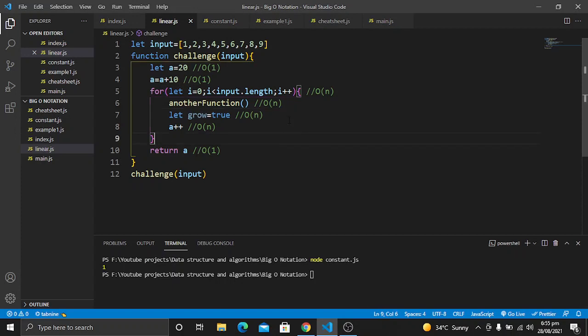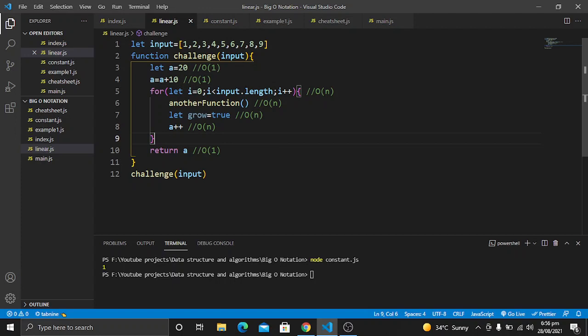So let's see. Here there are just variables. For example, a is equal to 20. There is only one operation, we are just storing the value, and basically these are not operations. These are just values being stored in this variable in memory. The number of operations will start when we run the for loop here.